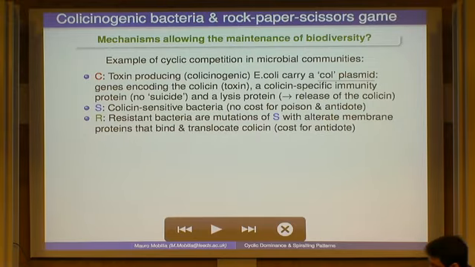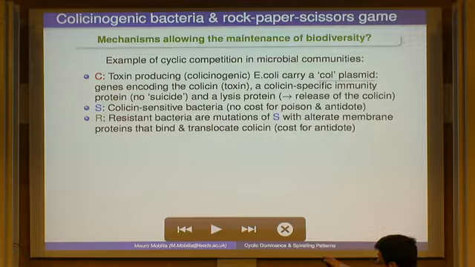So, first the first part. As I told you, obviously there is a lot of interest in trying to understand the mechanisms that allow to maintain biodiversity, and this has motivated a large body of work. An influential set of experiments were concerned with a microbial community of E. coli, with three strains of E. coli.